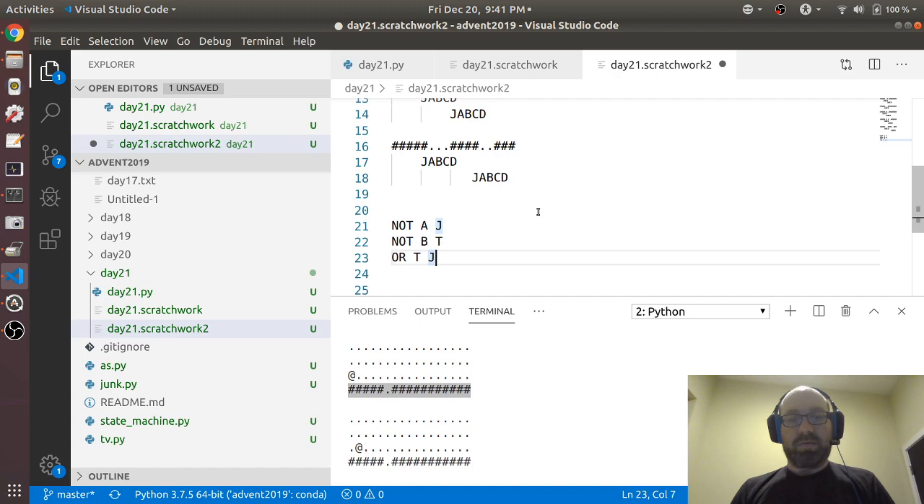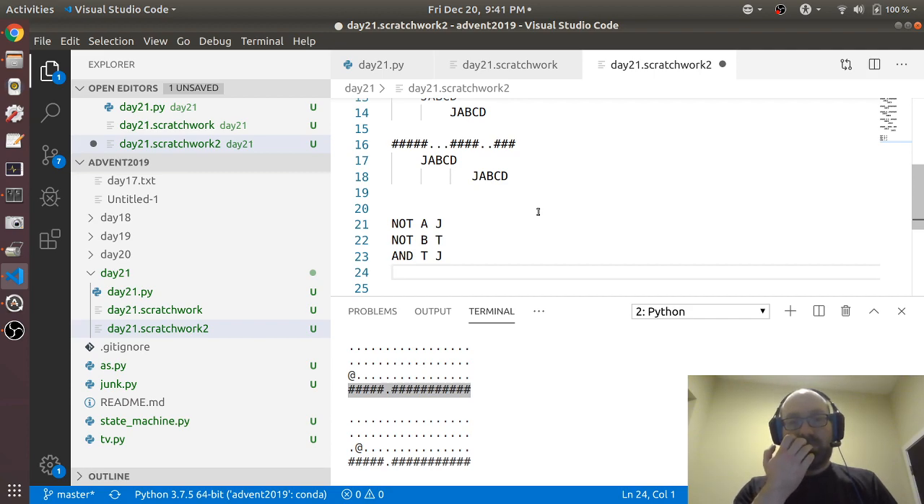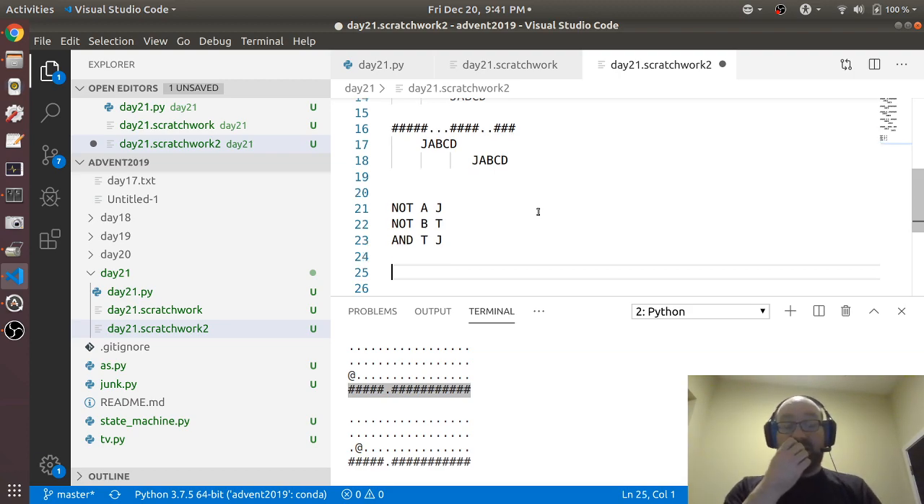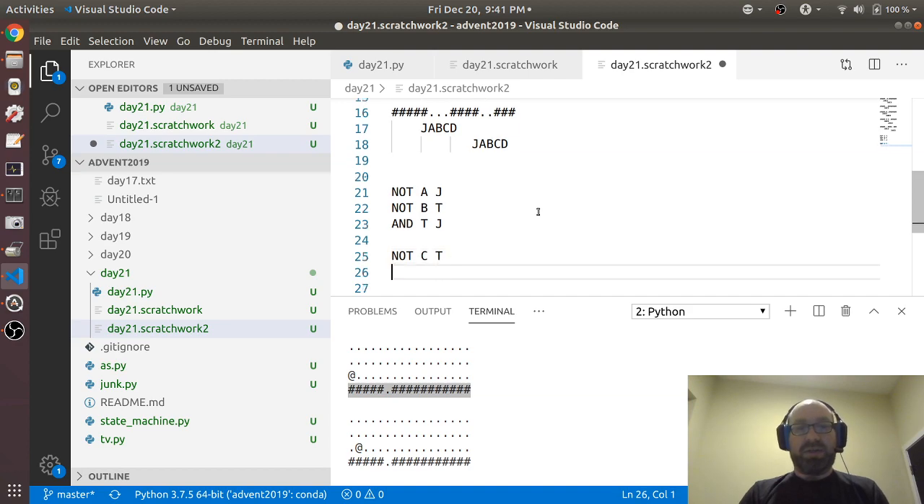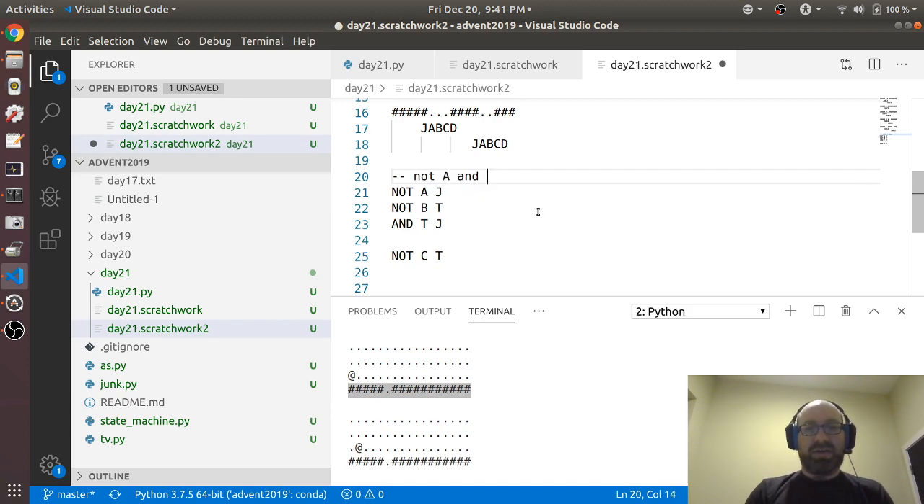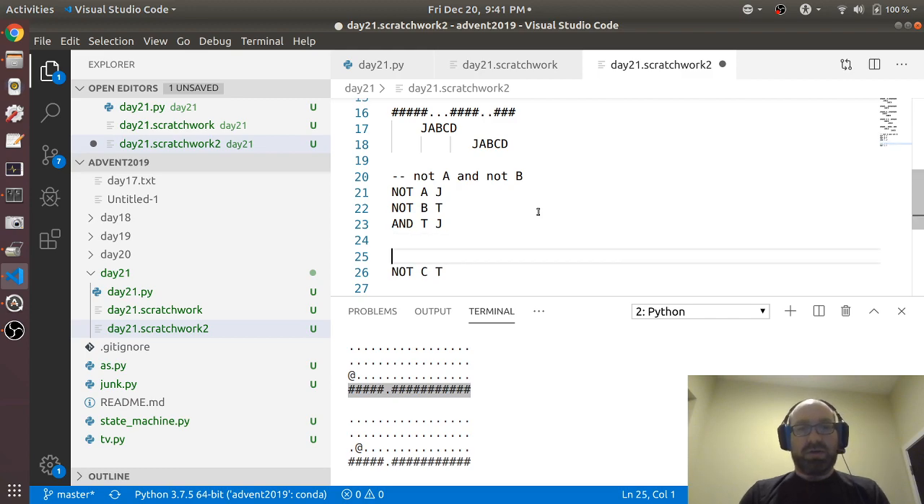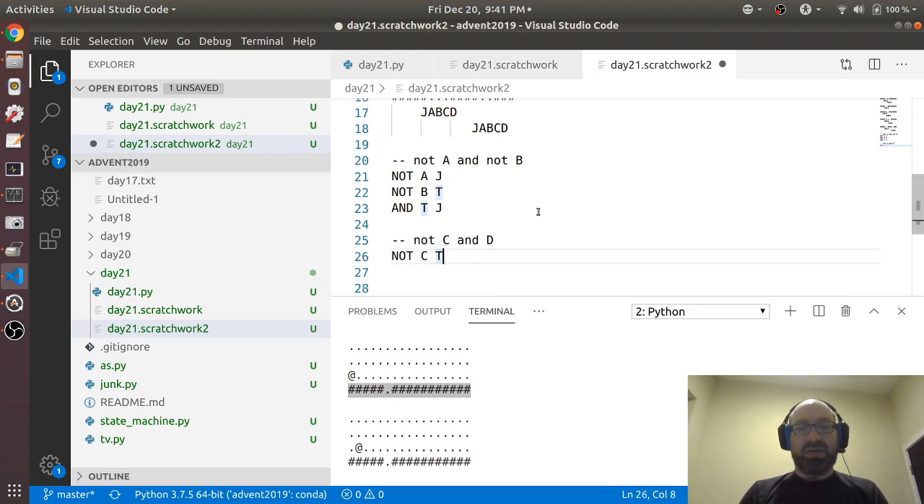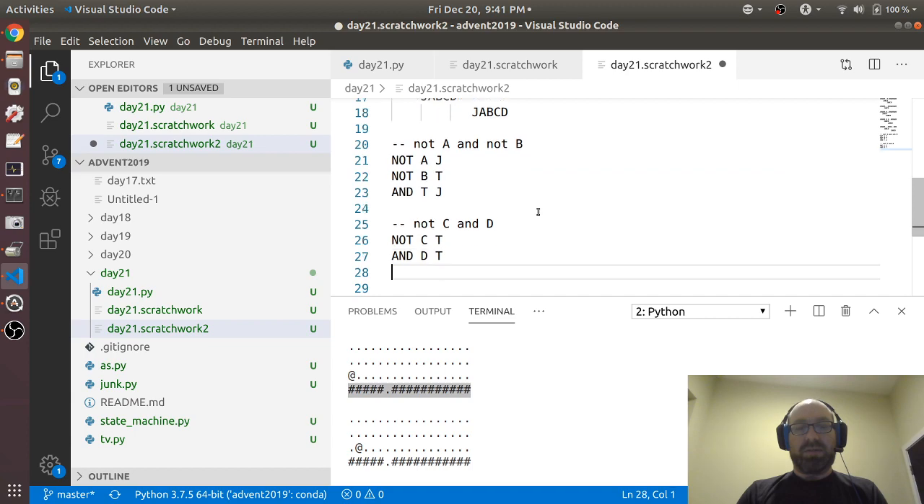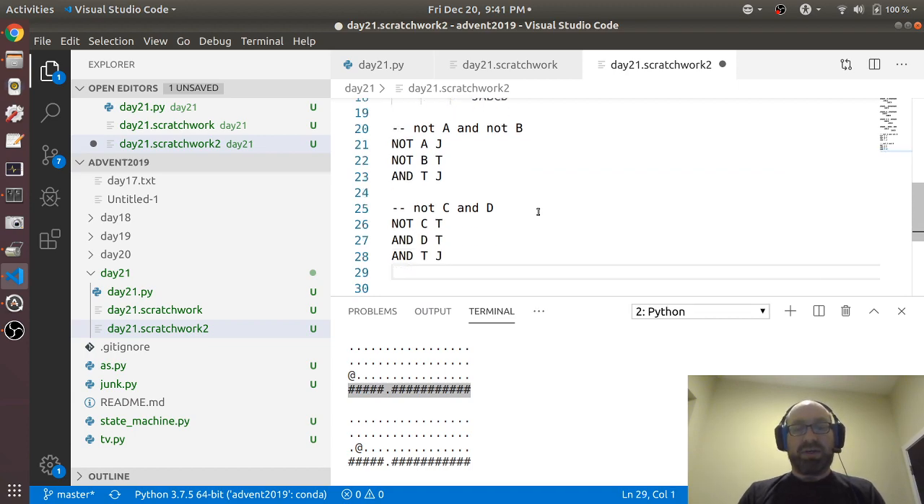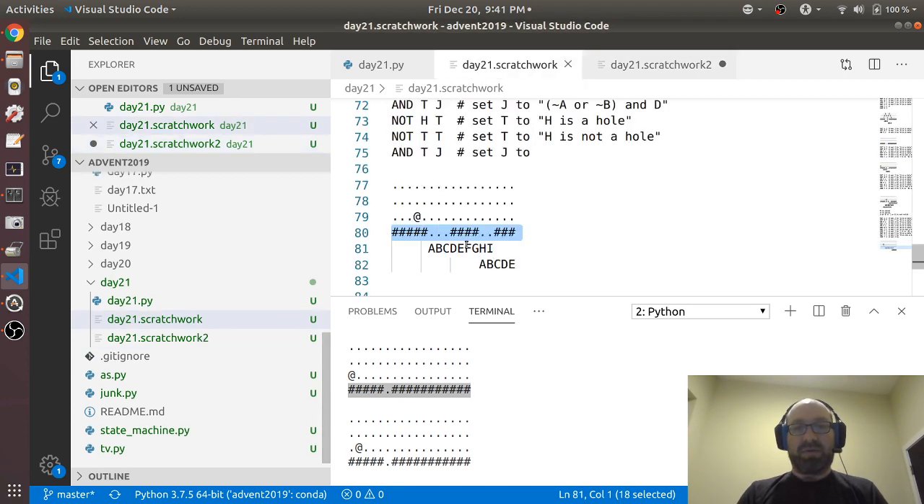Not A. Or if there's not C and D, so let's say not C temp, so this is not A and not B, and then this is not C and D, not C temp and D temp and temp J. So let's try this one now, and we're still not using the